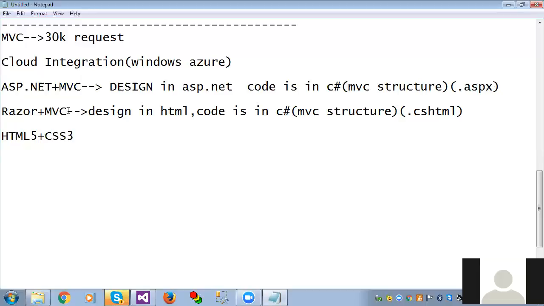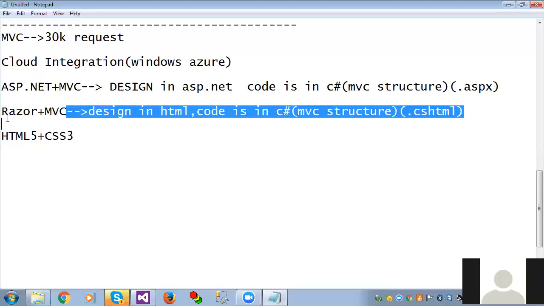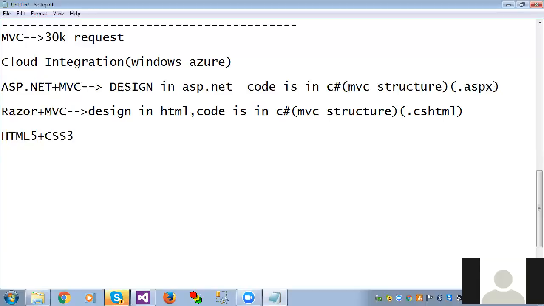So even other .NET programmers can like and work with this. There is no dependency here. Java programmers can also work with it, PHP programmers can, and .NET programmers can. But whereas there, except .NET programmers, no one can, because they don't know .NET. Here, the designing is in HTML. You want to design a PHP website? What we need is design in HTML only, with PHP coding. You want to design in Java? Design in HTML, coding in Java. So whatever